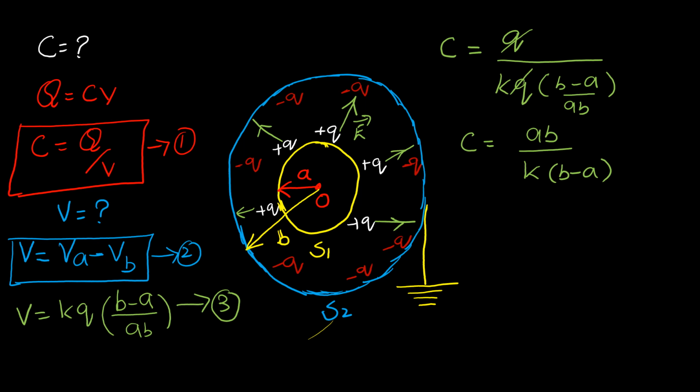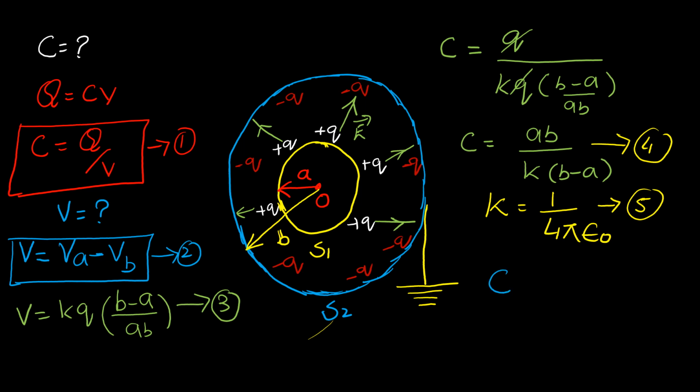Now, as you know, K is Coulomb's constant, which is equal to 1 over 4 pi epsilon naught. Suppose this is equation number 4, so we can incorporate 5 in equation number 4,